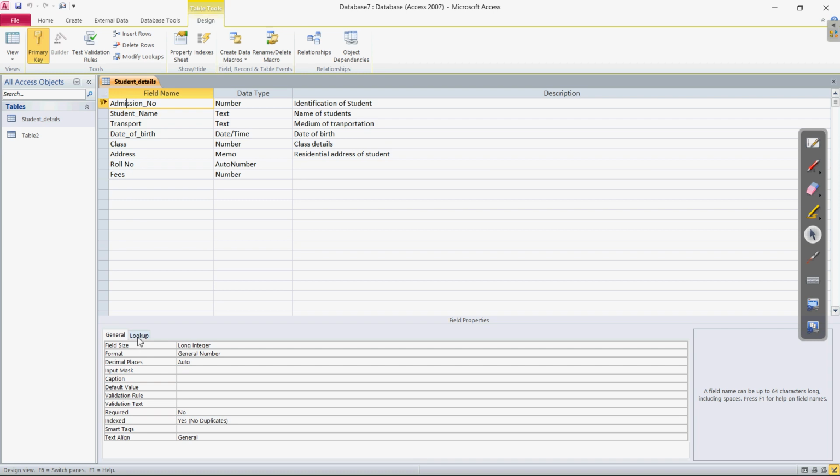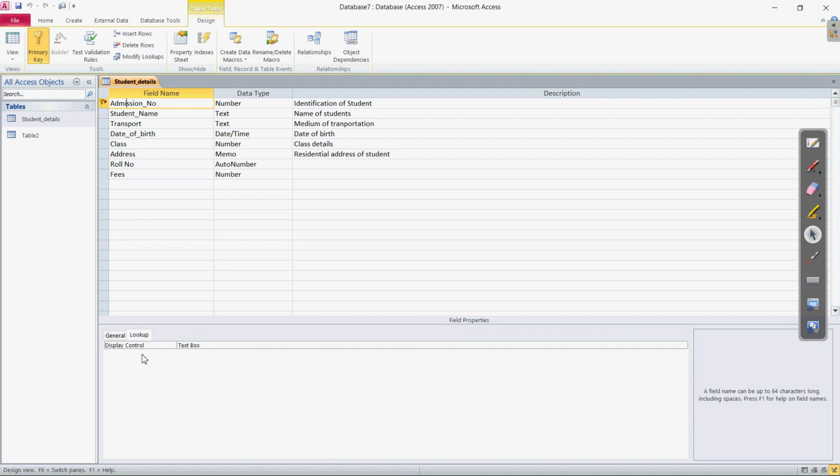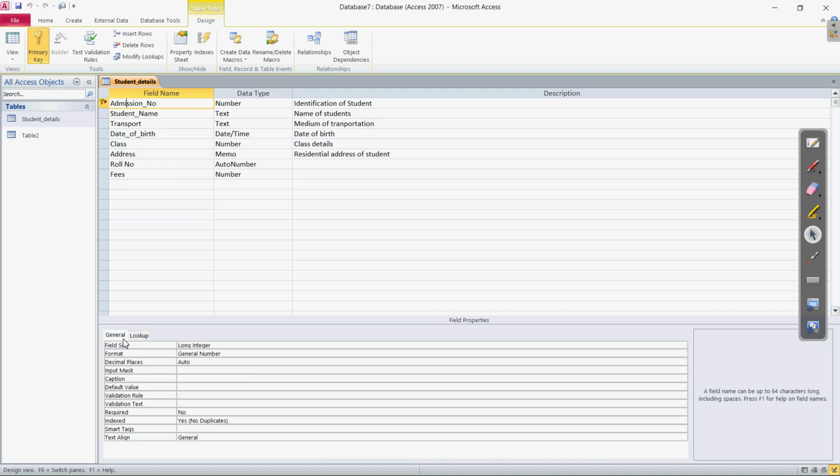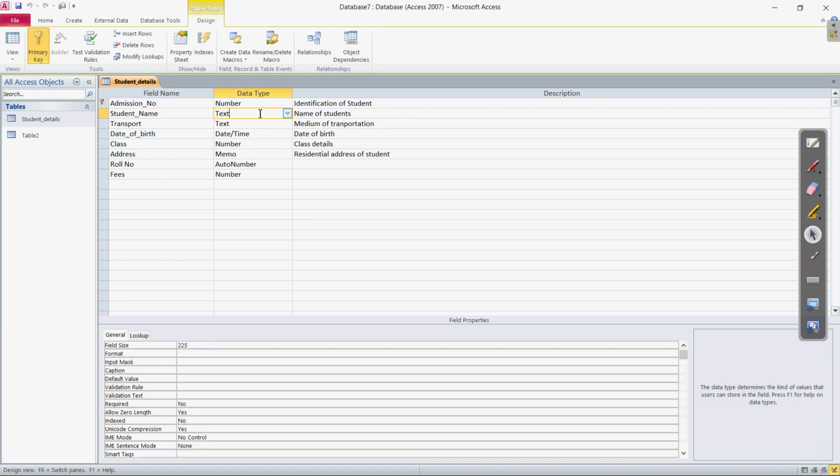In the General tab the general settings are there, and in the Lookup tab we can design the lookup properties. If we select multiple values from a list, that is called a lookup property. According to the different data types, suppose in the student name, you can see the data type is text.